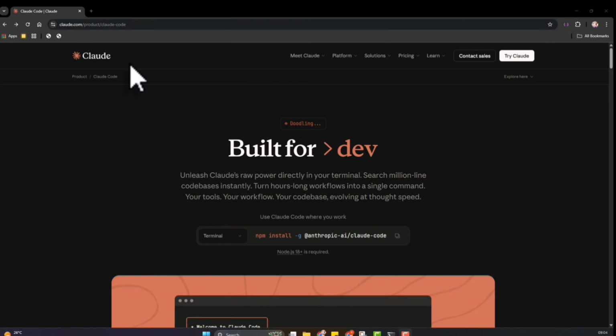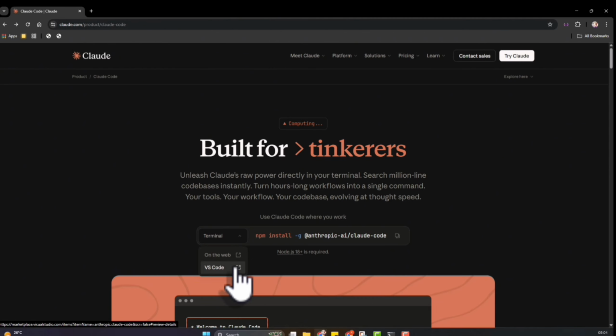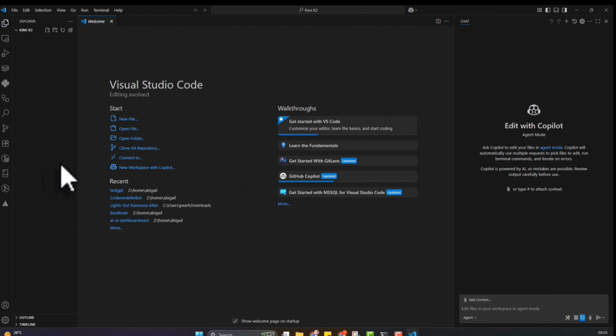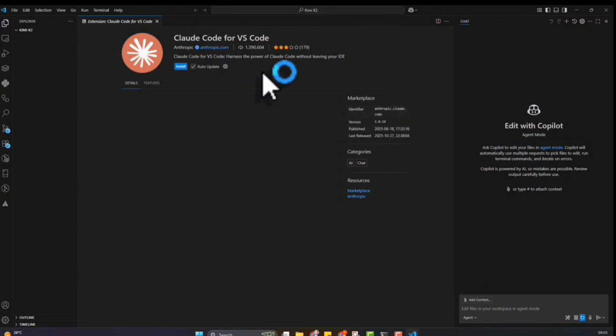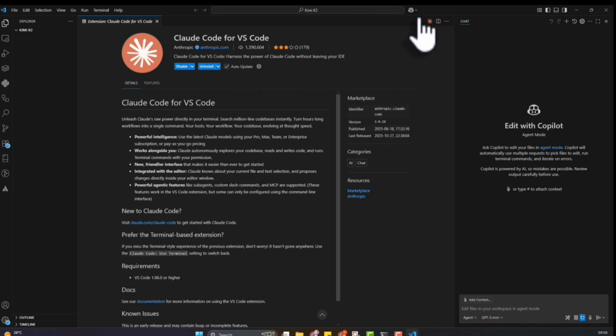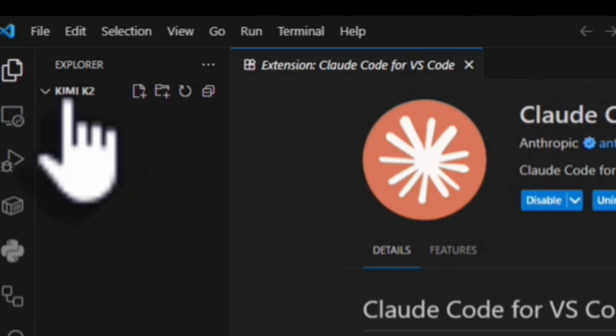First thing you need to do is navigate to claude.com, and you can see the command to install Claude Code on your terminal, right? There's also the option of using it on the web or via VS Code. So you're going to be opening the version of VS Code which allows you to install the extension. It gives you a way to easily trigger Claude Code. So I have VS Code here, and it opens directly, and you can install. That way you have an option, trust the publisher. And now, if you have it installed, you should have,